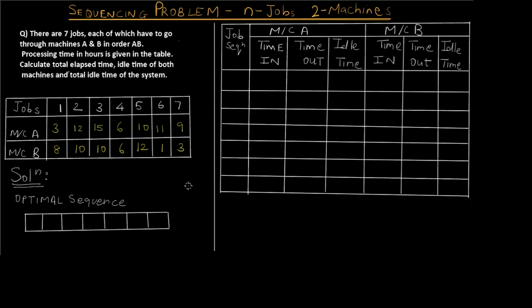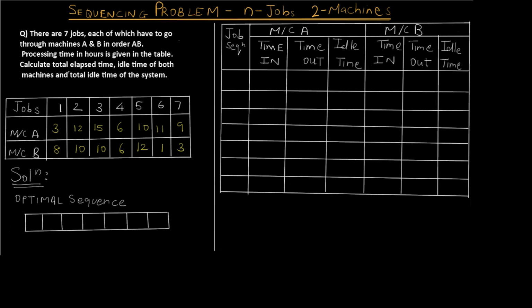So consider you have a car manufacturing company wherein you have 2 different machines, and the first machine makes the interior and the second machine makes the exterior. So in order to complete the car, you need both the machines to work on it, right? That kind of problem is a sequencing problem.